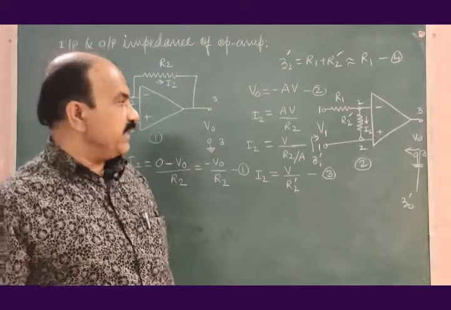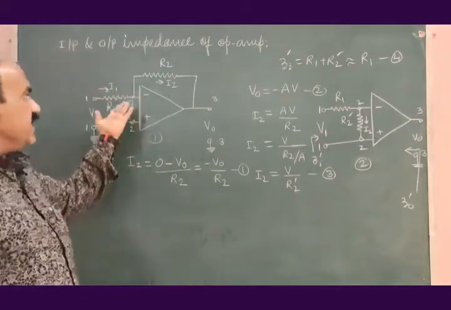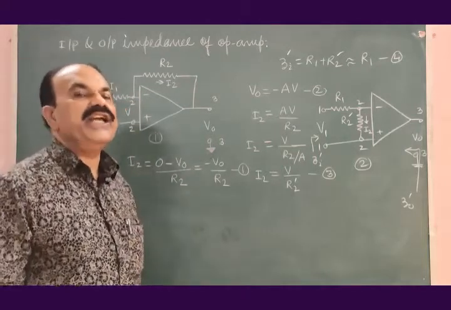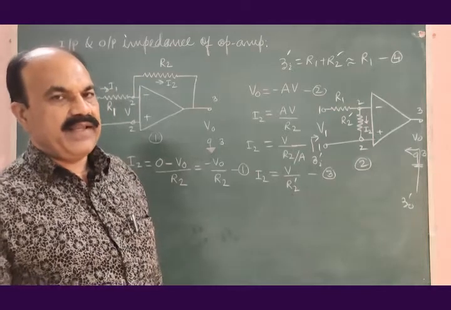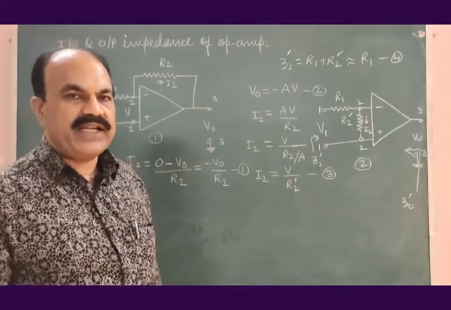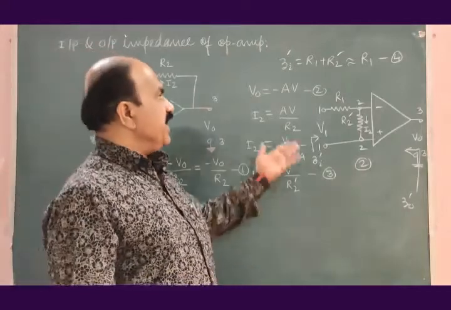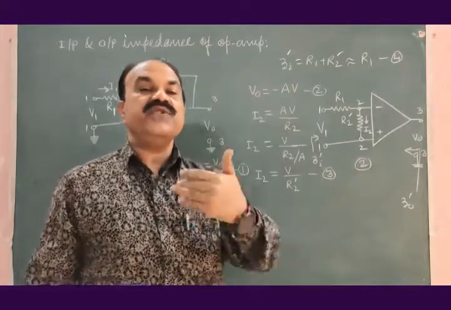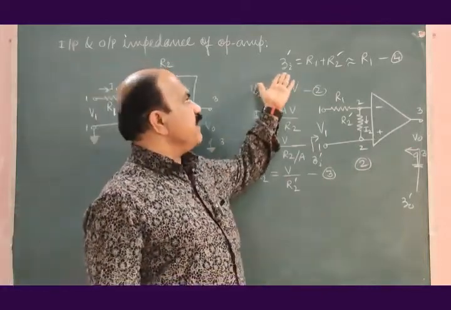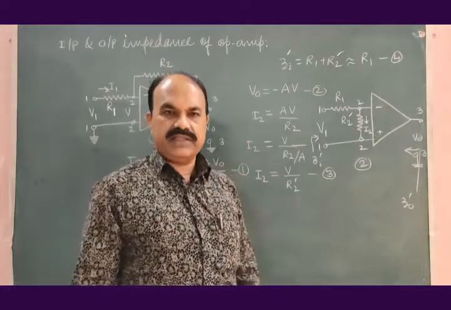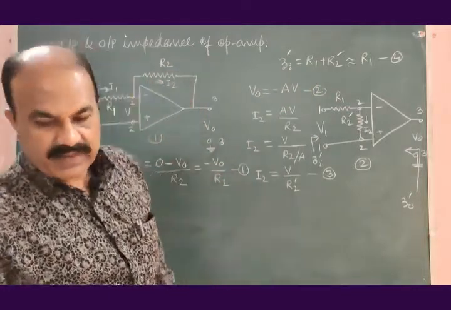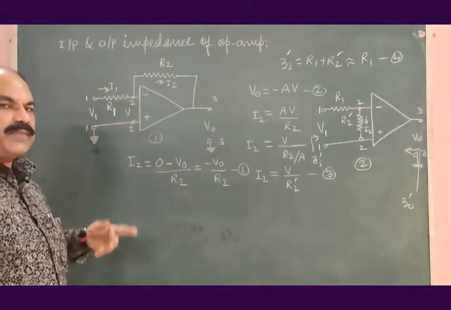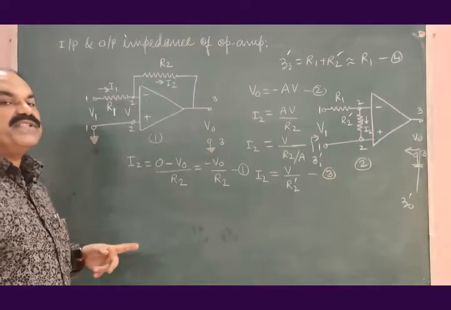So, when the feedback is applied this way, this type of feedback is known as negative voltage shunt feedback. Negative voltage shunt feedback reduces the input impedance, and here we find that input impedance with negative voltage shunt feedback is simply ZI dash is equal to R1. It is very small. So that was the applied negative voltage shunt feedback. Let us apply the negative voltage series feedback.